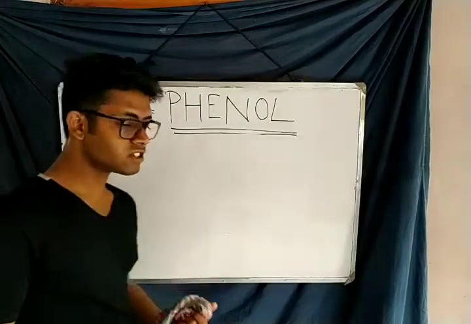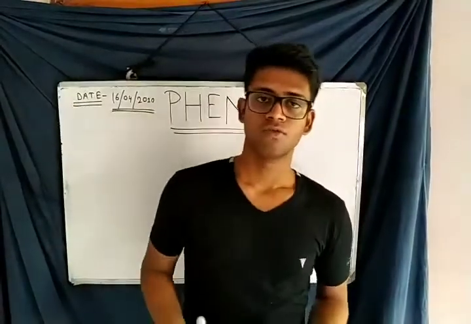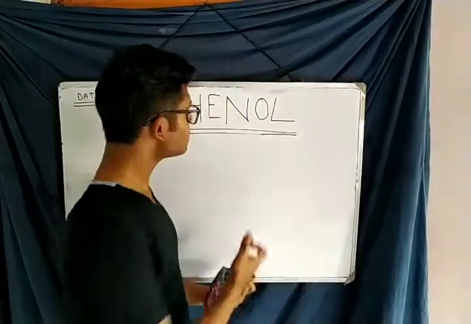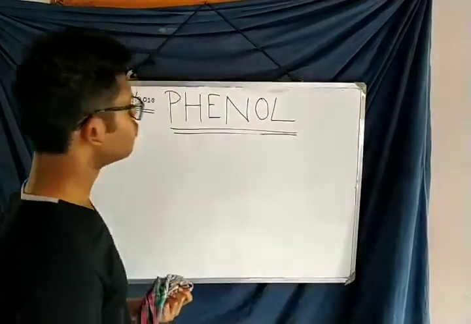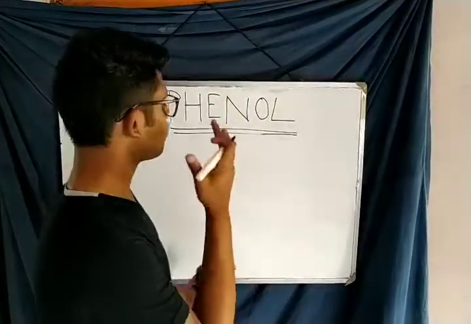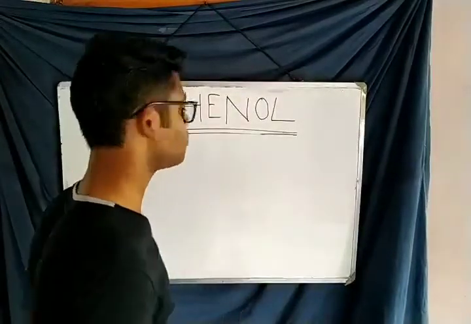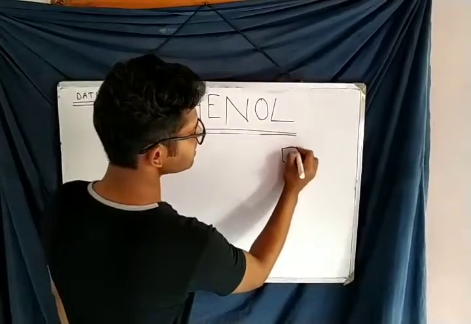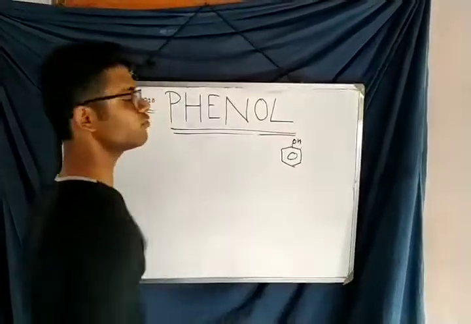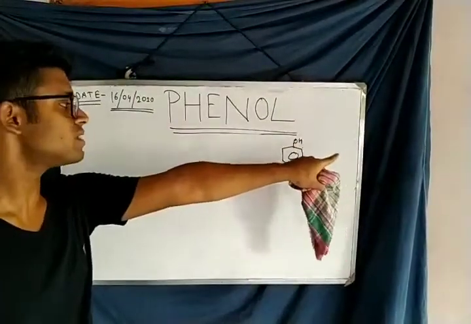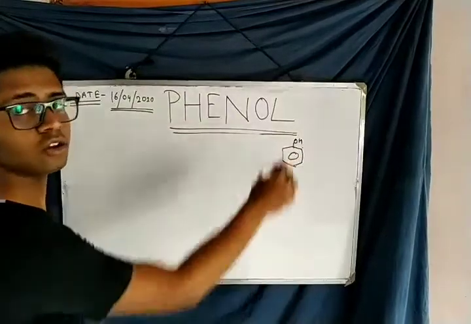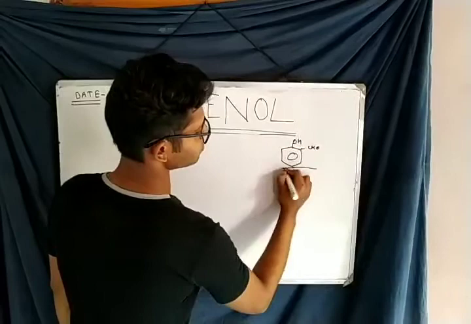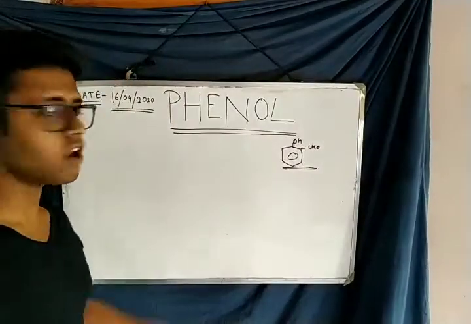In Kolbe's reaction, we see that from phenol we prepare salicylic acid, but in the Reimer-Tiemann reaction we see that from phenol salicylaldehyde is obtained. What is salicylaldehyde? In salicylic acid, in the ortho position of phenol, a COOH group is present, but in this case, in the ortho position of phenol, an aldehyde group, CHO, is present. So this is salicylaldehyde. How do we prepare salicylaldehyde from phenol?